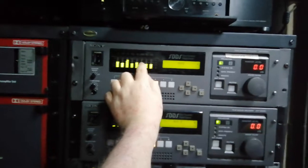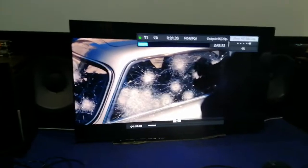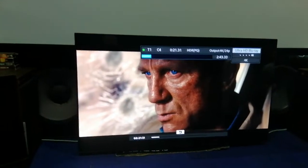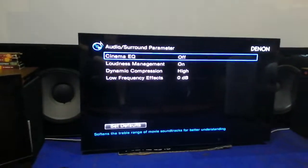So there it is there, but that's on high dynamic range compressor. Got to play some soundtrack while I go into the menu. So the high dynamic range is on,